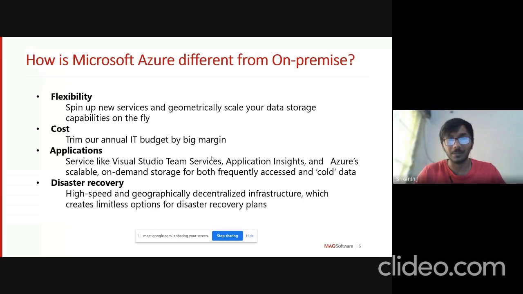And the last thing, which is the most important, is disaster recovery. If you go with any on-prem services and have a fire hazard or something, the server is going to burn up and you don't have any backup for your data. This is where the best thing comes in with Microsoft Azure: every instance of your data is replicated across multiple geographies. If I'm in India right now and have one data center here in New Delhi, my data is stored there, but the backup is stored in some other region like Africa or the USA. So even if something goes wrong in New Delhi, I have my backup in the other regions. It's the best part of having your services on Microsoft Azure.